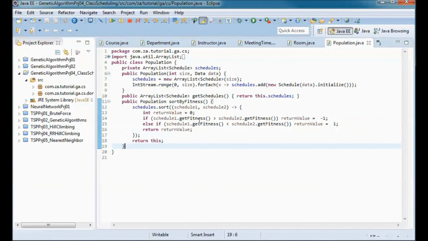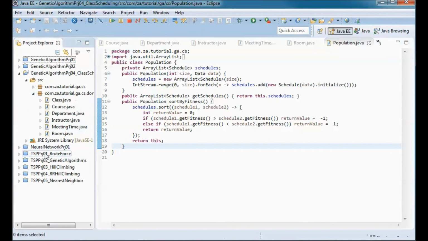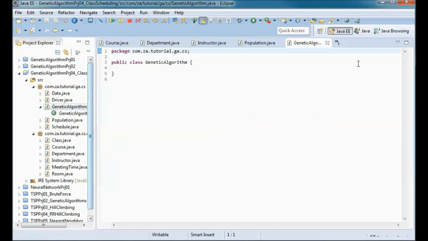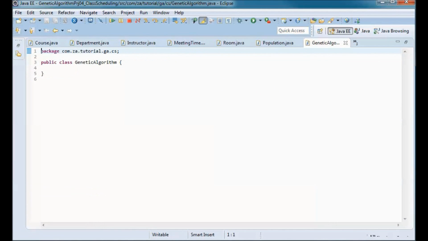Next, let's go to the genetic algorithm class. And here I will be writing the code that does crossover, mutation, and elitism.